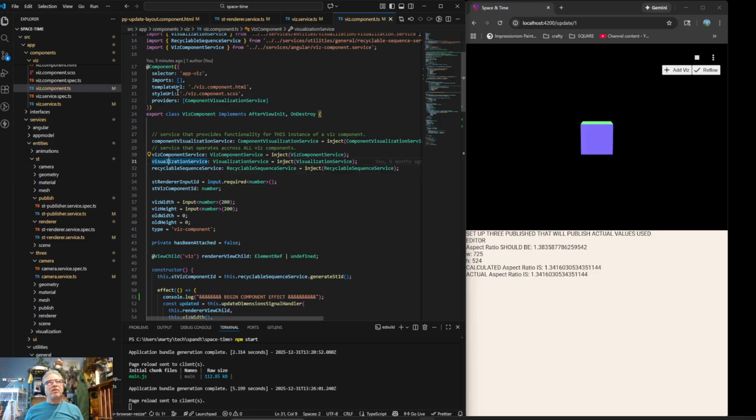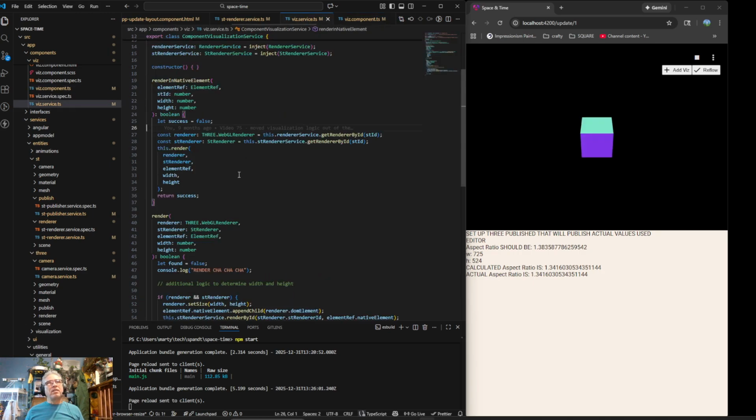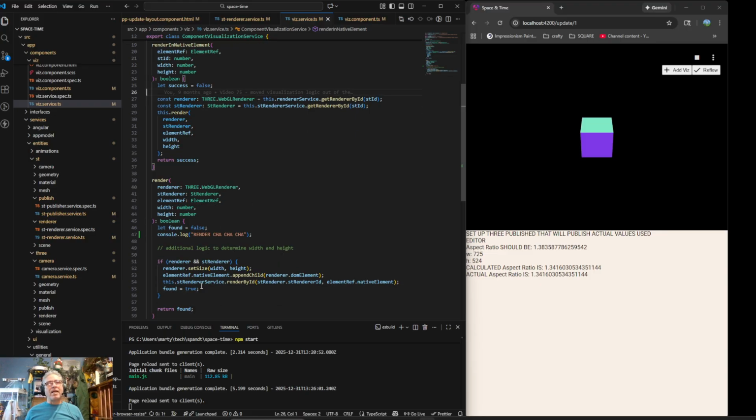Okay, so one thing is that this visualization service is where the logic lives that will render a given render, so that it gets the right stuff, the right aspect ratio. So this is kind of what ends up doing it,